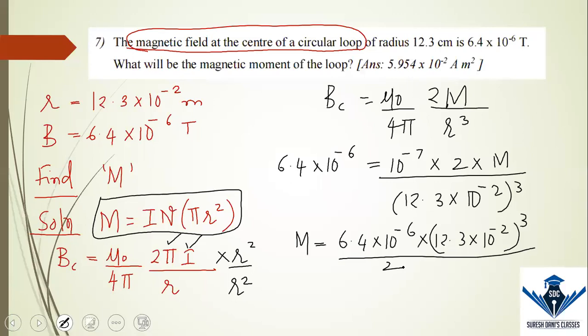So this is going to be nothing but 3.2 into 12.3 the whole cube into 10 to the power minus 6 minus 12 हो जाएगा. मेरा -7 कहाँ गया? हाँ, ये -7 है इधर. ये जो 10 to the power -7 था. So -12 plus 7 is -5. Can you please calculate this? ये आपको log से निकालना पड़ेगा 3 times of 12.3. 12.3 का क्यूब.